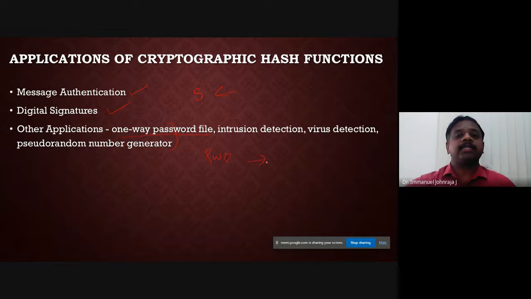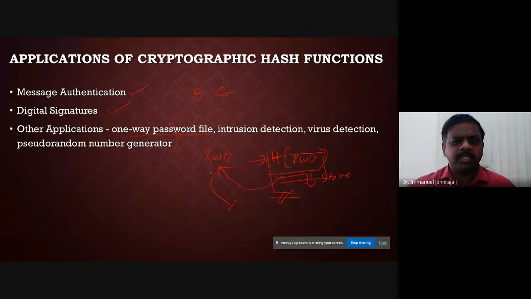Once the password is entered, you get the hash value or the digest of the password, and then you store it. From this, you will not be able to get the plain text password. It is not possible. So what's happening for the authentication? When the password is entered, the same procedure is carried out once again to find if there is any match. If there is a small change in the password, the hash function is not going to match and you are not going to be authenticated.